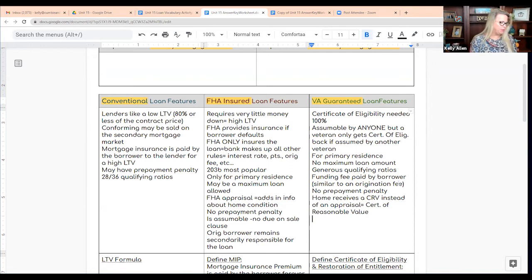Let's see, the repayment period is typically longer than 30 years, which I don't remember reading in your book. It says here it could be 33 to 38 years. You can get 100% financing. You can get subsidized interest rates, and the qualifying requirements could be a little bit looser as well. So these are great loans. Remember that they exist. Remember to check the USDA eligibility map. You just Google it, type in an address, and it will tell you if it could be in a USDA